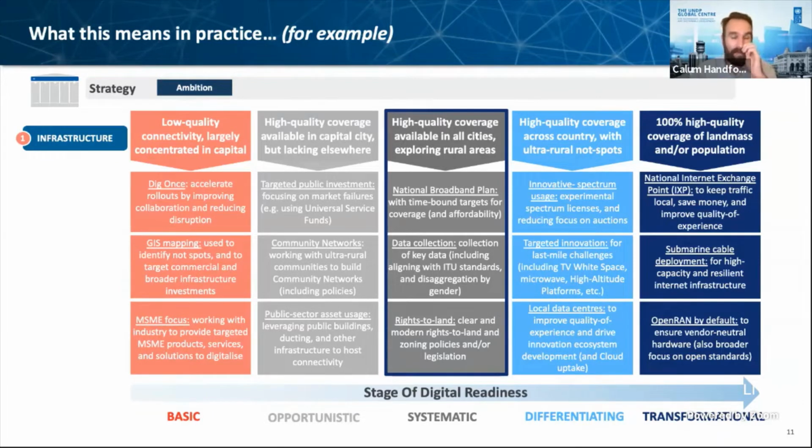And then often we hear in many countries that what stops the rollout of connectivity are issues with rolling out infrastructure, whether mobile masts or fiber optic cables. So one potential intervention could be, can we look at shaping rights to land legislation to ensure that people have their rights to land protected, but we can also roll out critical digital infrastructure for society as well.